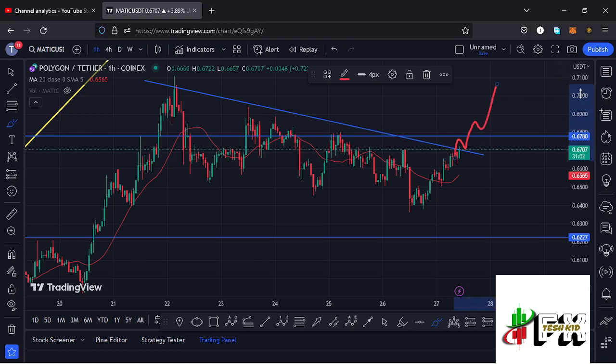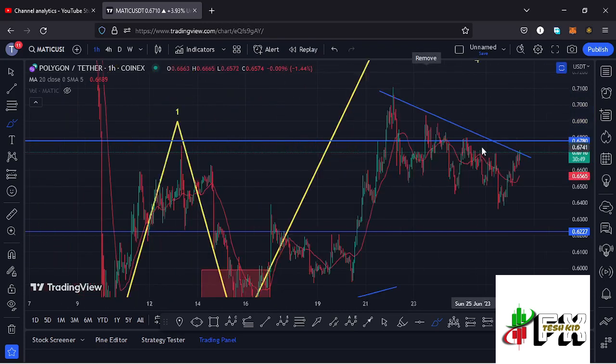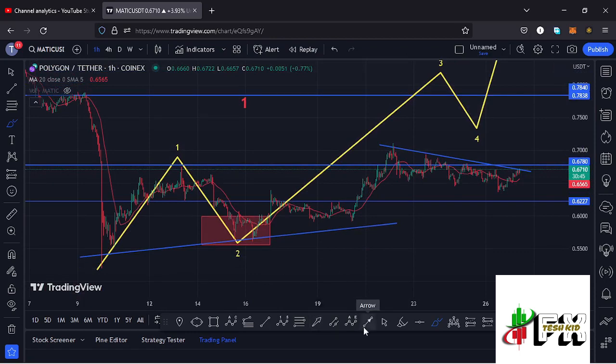In case we see that breakout to the upper side playing out in such a scenario, then I'll be watching for a break above our recent high at around the $0.7104 mark. Matic has also continued to obey the ED12 structures, and zooming out to give you my ED12 analysis,